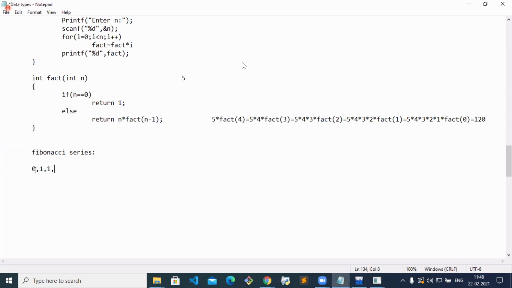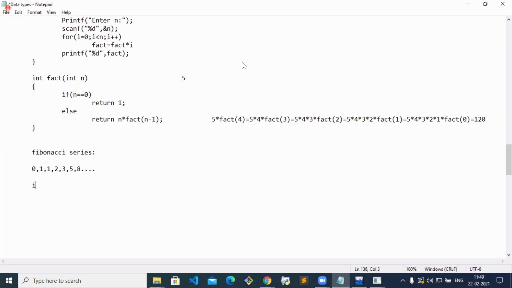2. Initially 0, 1 is there. 0 plus 1 is 1. 1 plus 1 is 2. 2 plus 1 is 3. 3 plus 2 is 5. 5 plus 3 is 8, and so on. So how are we getting this? We are adding the two previous values. That will be your result. The next value depends on the previous two values. This one depends on its preceding two values. This 3 depends on its preceding two values. This is nothing but the Fibonacci sequence. First, I'll explain without using recursion. Then we'll move on to the recursion part.